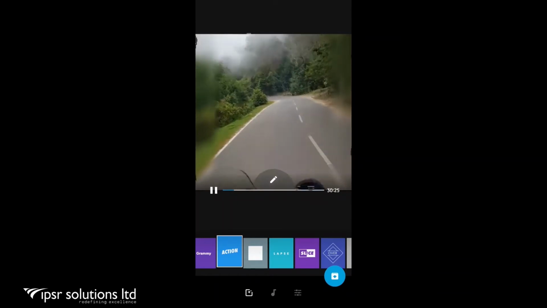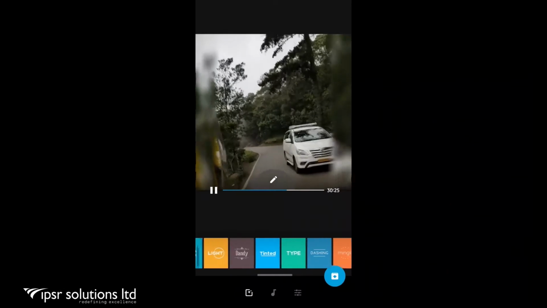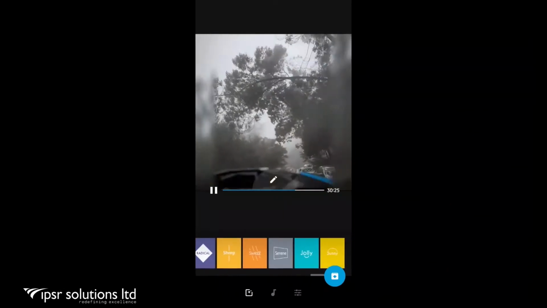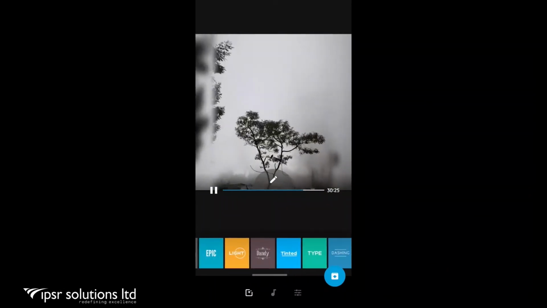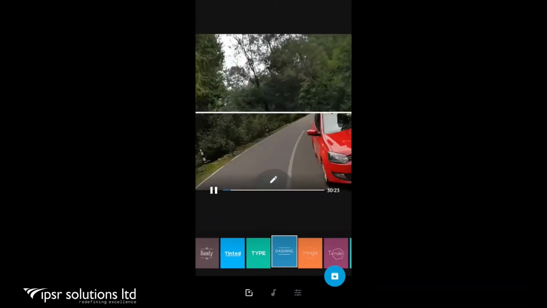After that, we can see a bunch of templates here. These templates automatically cut the video according to the beat of the music we add, and also cut the bookmarked portion of our video to the selected template. So selecting dashing here,